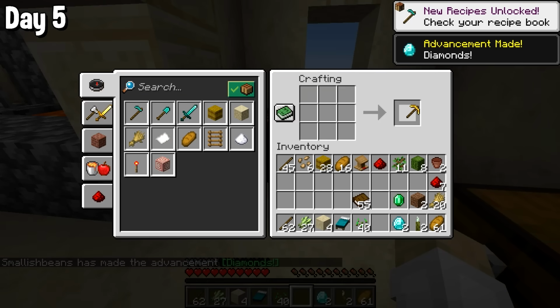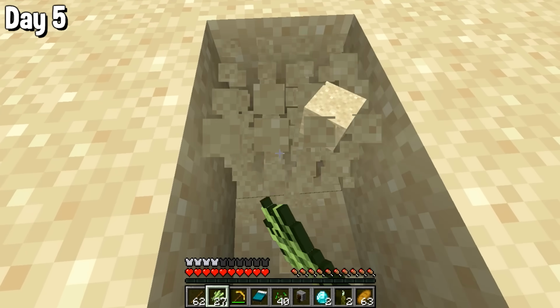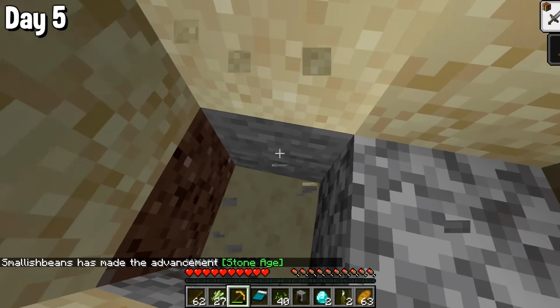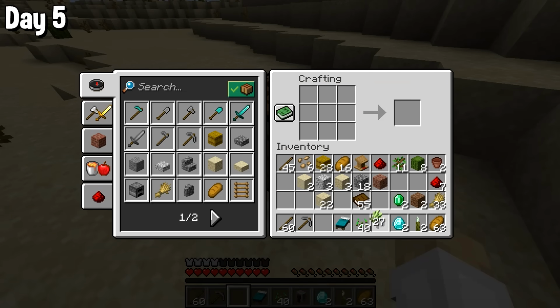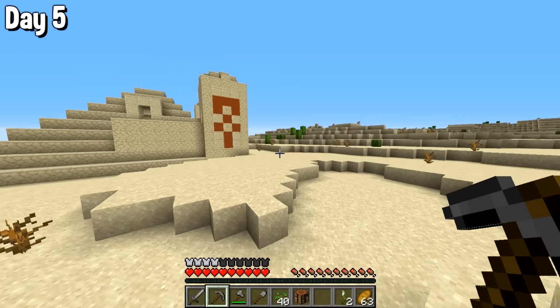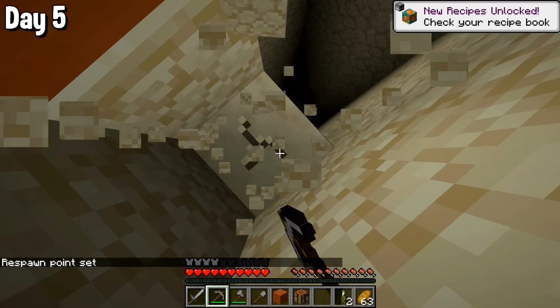Very nice. I used the gold to make myself a gold pickaxe, which I then went and got some stone with, so I could actually make some stone tools if I wanted to. And I did want to, so I did make some stone tools. So we had a full set now, including a sword, which was very lovely, and it gave me the confidence